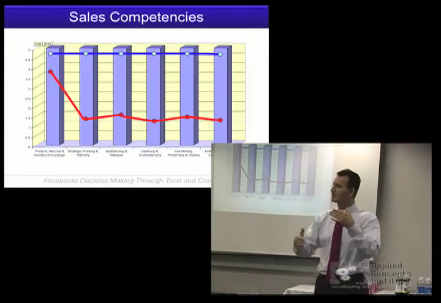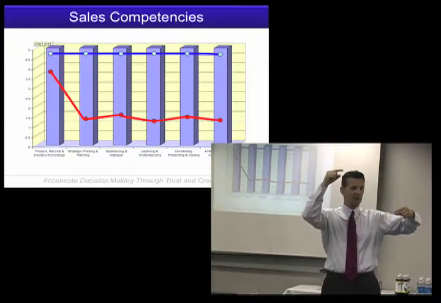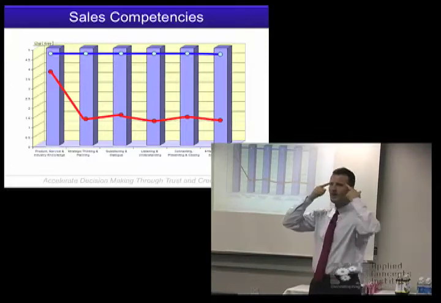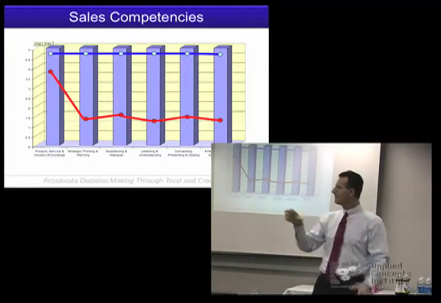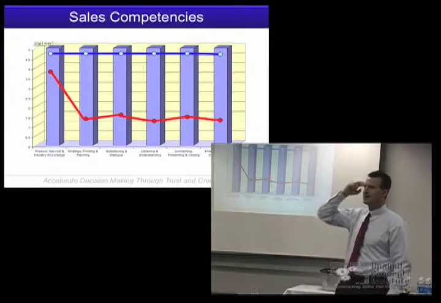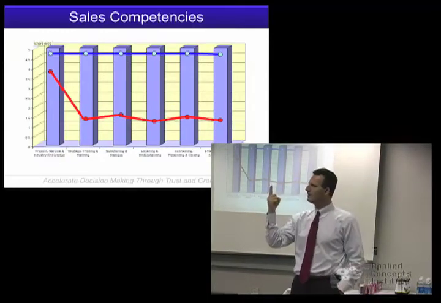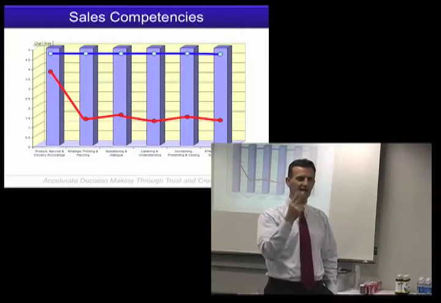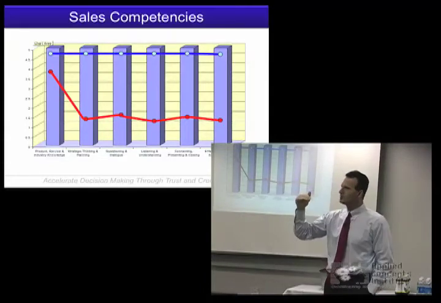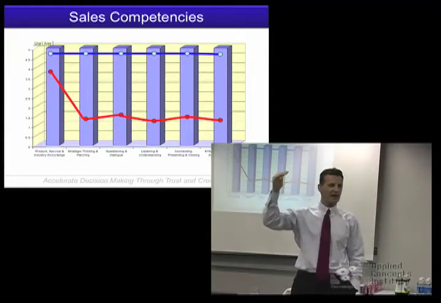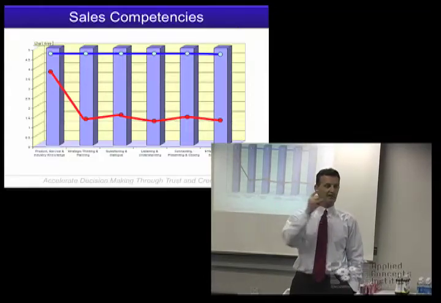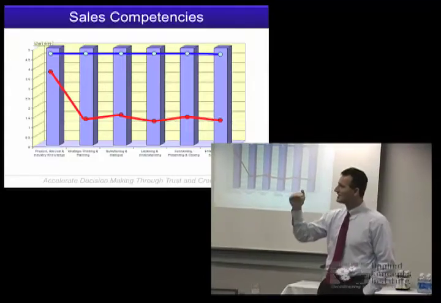And then the rest of us are somewhere in between those two. And so from your perspective, you've got to say, where am I? And what I'd like you to do is think about these 6 competencies and say, where am I personally? And if there's 1 or 2 that I could develop and move from a 2 to a 4, or 3 to a 3.5, or 3 to a 4.5, if you can move 1 or 2 of those competencies up just enough,